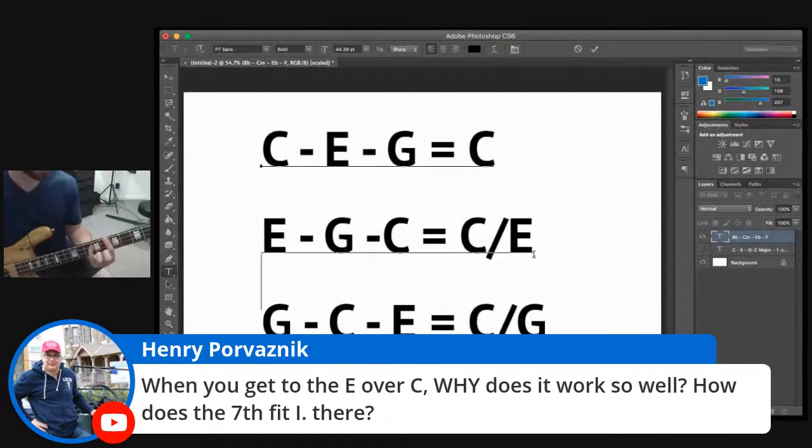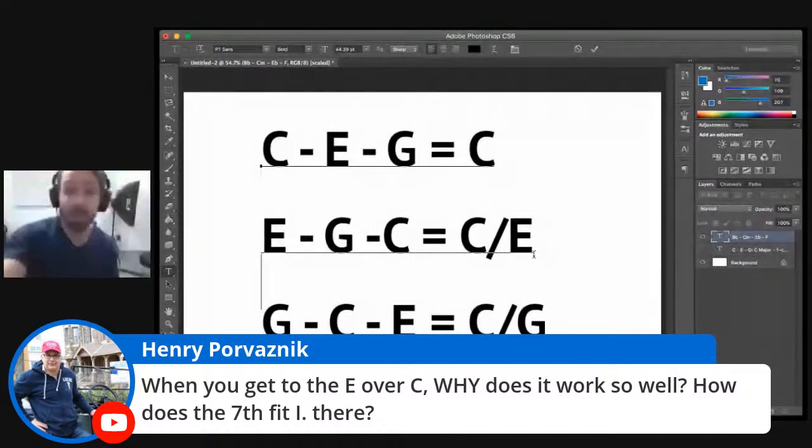Our upper voice is going down too, and this one stays the same. So we've got the G that stays the same.